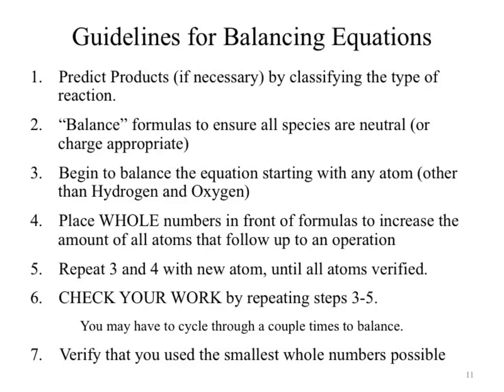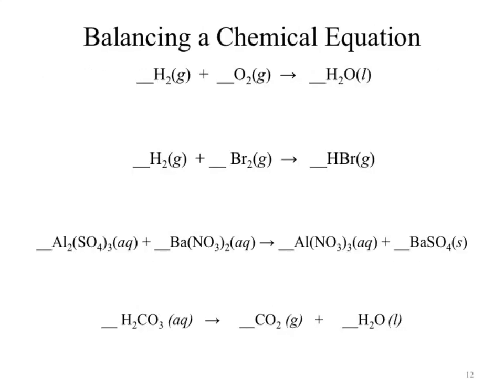The last absolute step that you have to watch out for, because sometimes you may have made a mistake somewhere along the lines, is to verify that you've used the smallest whole numbers possible through that balancing process. That is critical for our overall balanced equation. By definition, we have to use the smallest whole numbers. So, now that you're all experts,